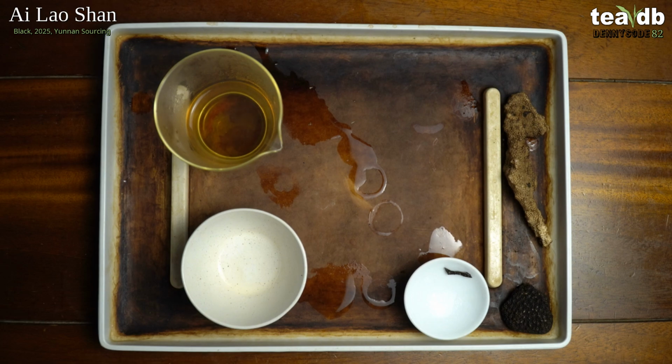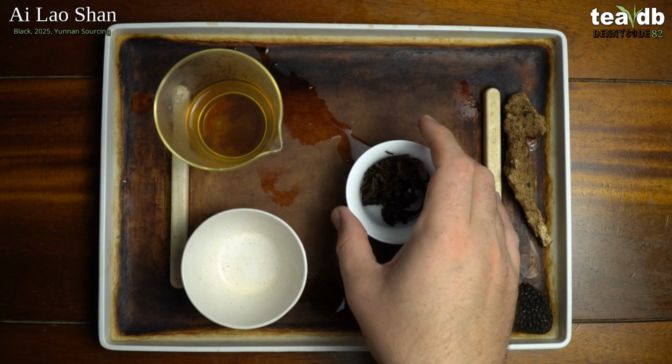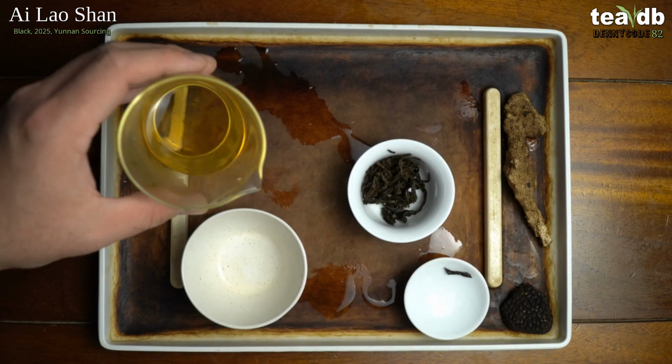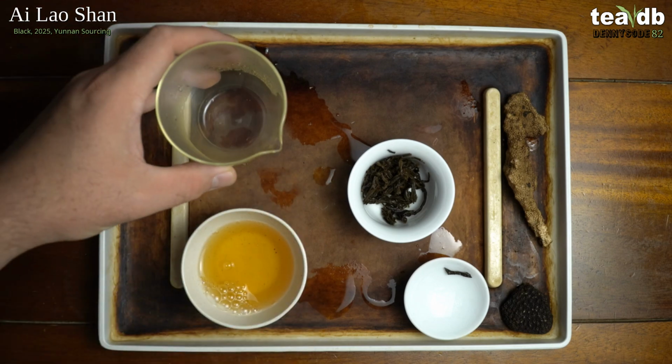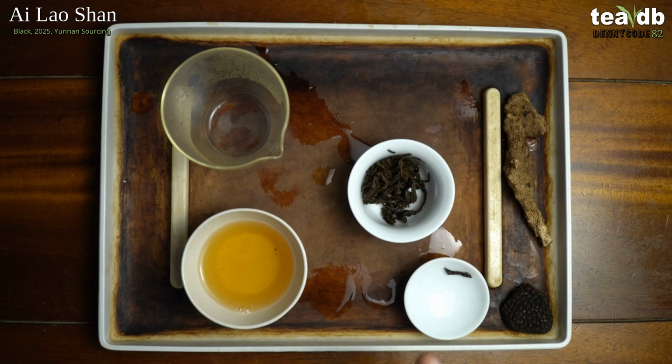So perfumey, more fruit now, a bit more darker stone fruit. Figure this out. Nutty. Just make this into cookies. So good. So I almost contemplated doing this episode as an Oriental Beauty in Alishan, or this black tea, Alishan black tea comparison,